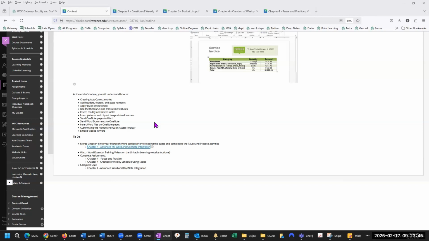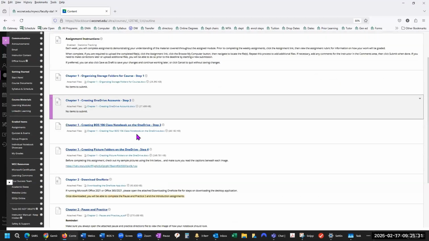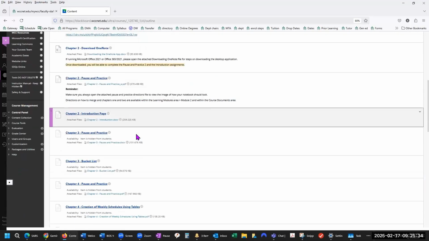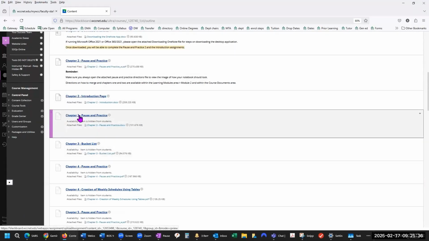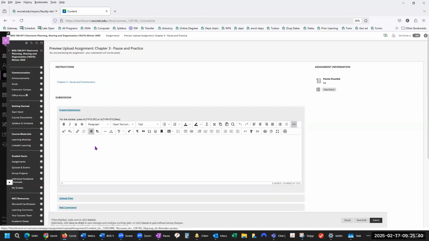You're not submitting any files, but you're just activating it. So again, you go into the assignment, go into the chapter 3 pause and practice. You're not submitting anything, but just say completed. And then you're submitting it.